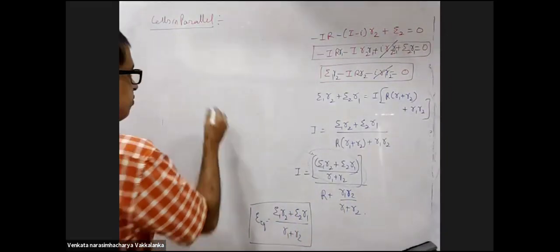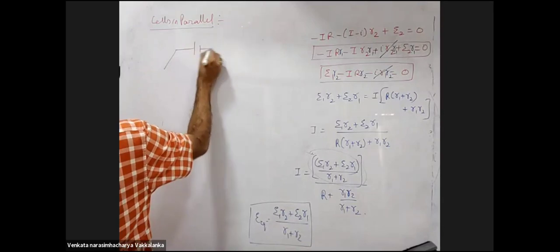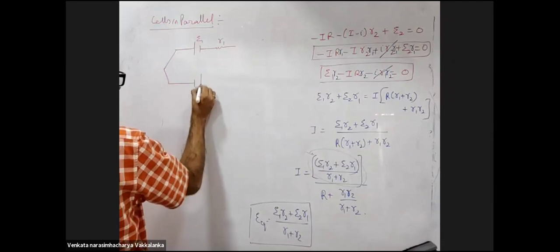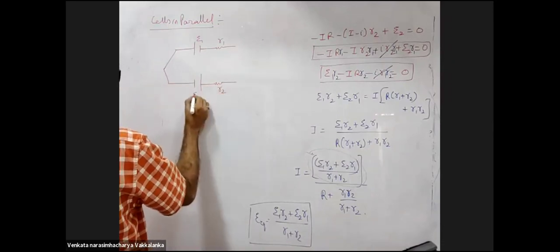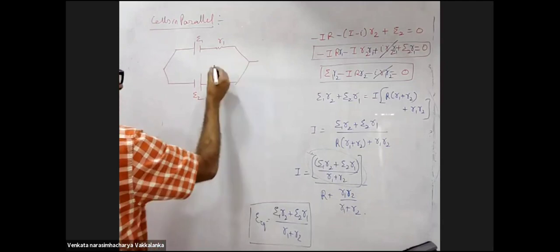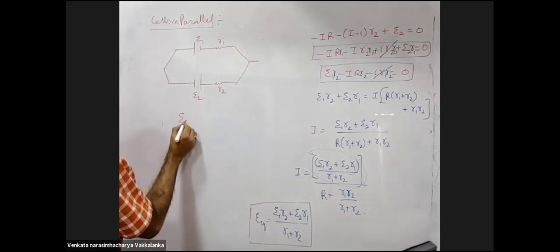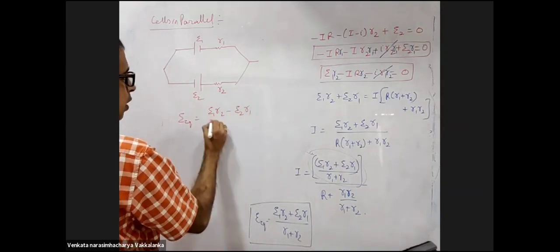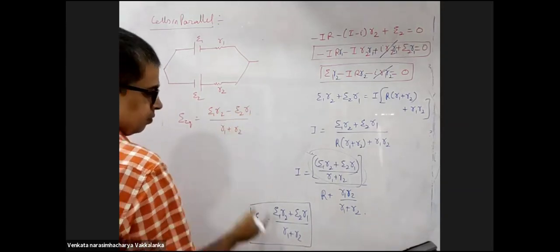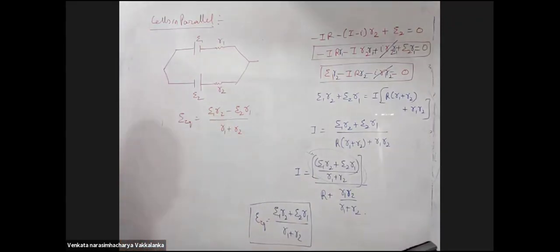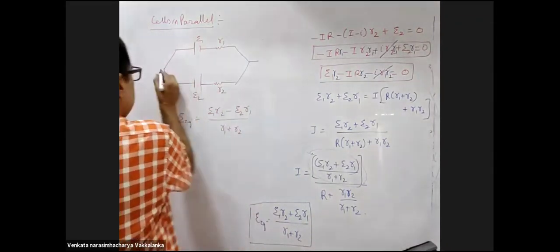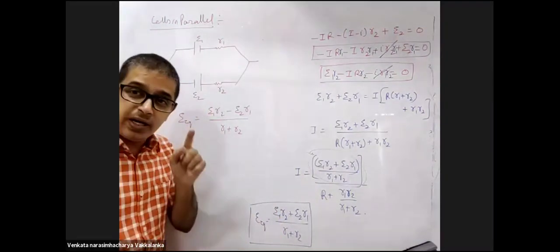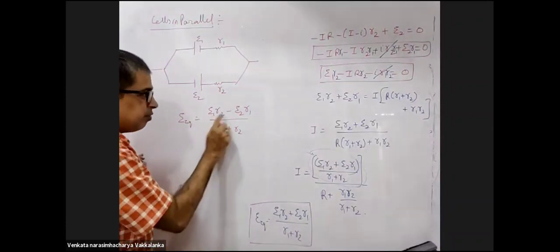What if the batteries were reversed? Before I go into what NCERT did, this is E1 R1, this is E2 R2. Then E equivalent is equal to E1 R2 minus E2 R1 upon R1 plus R2. Same thing with the reverse polarity. But then your final E equivalent will have which polarity? Depending on whichever is greater.